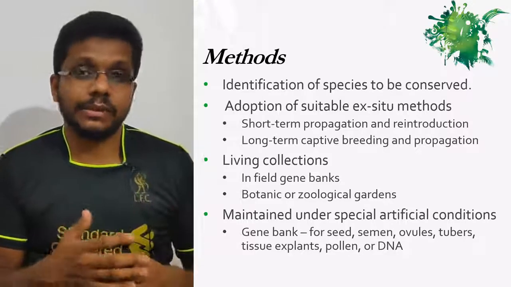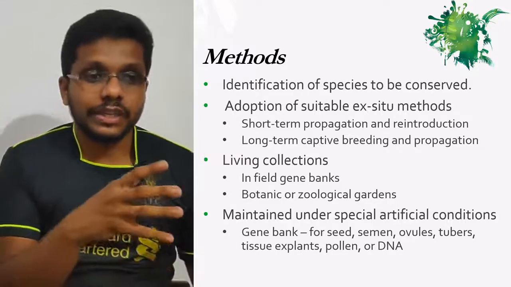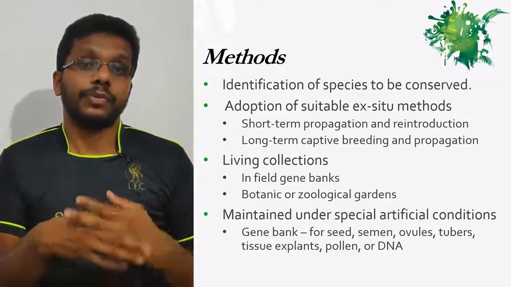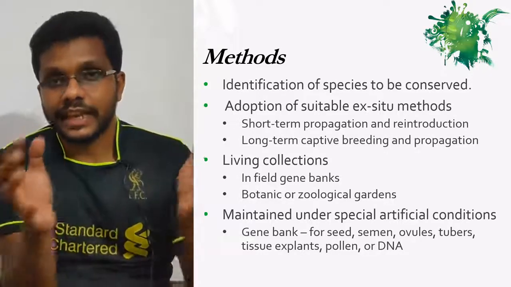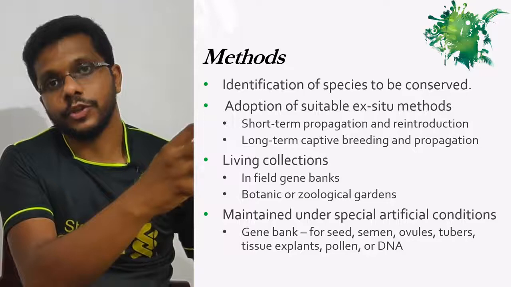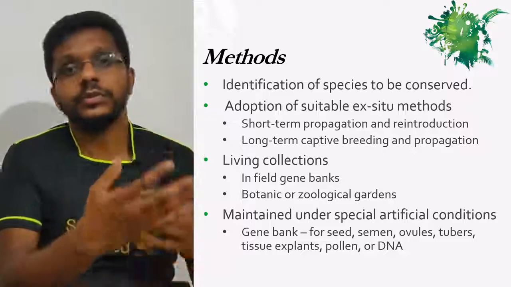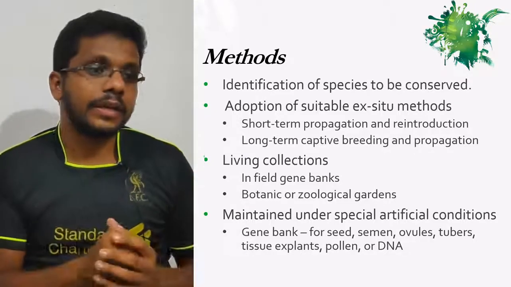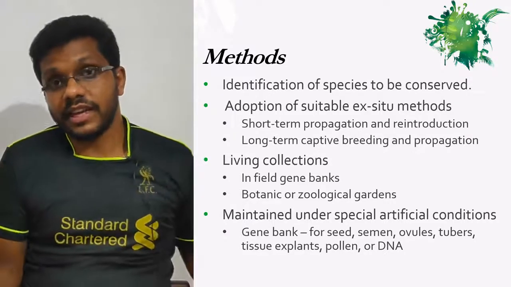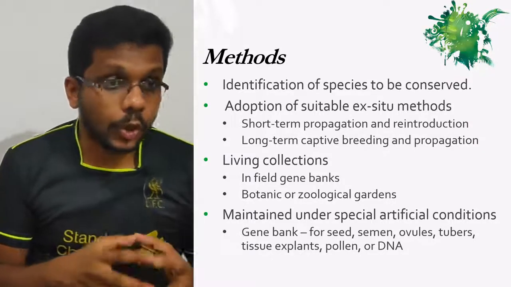The ex-situ conservation may be a short-term program or a long-term program. In the short term, what we do is propagation and reintroduction. If we see a sudden decrease in the population of a particular species, we will take a portion of the organisms, reproduce them in a new habitat, and reintroduce them into their own habitat. So we can do that type of ex-situ conservation for a short time. Maybe we can reduce the habitat loss in some way, and then we can reintroduce them into their natural habitat. For the long term, what we do is